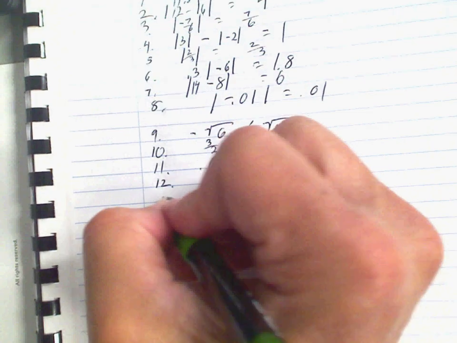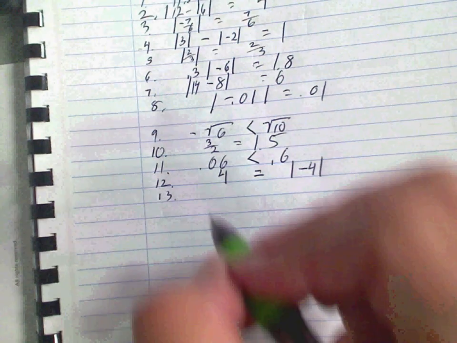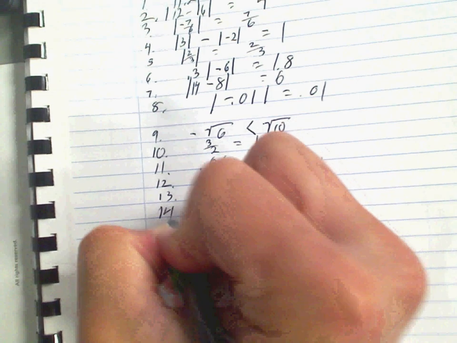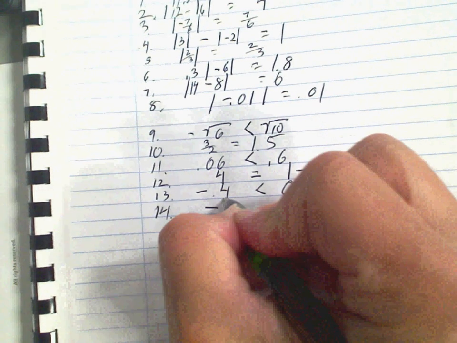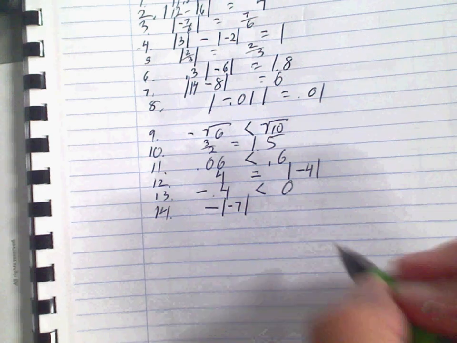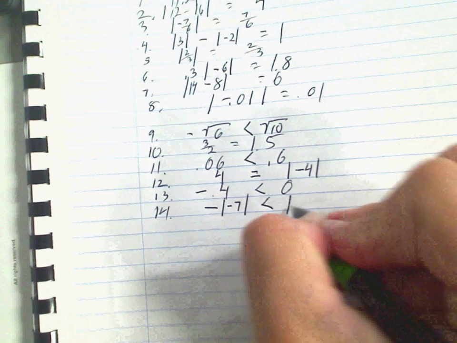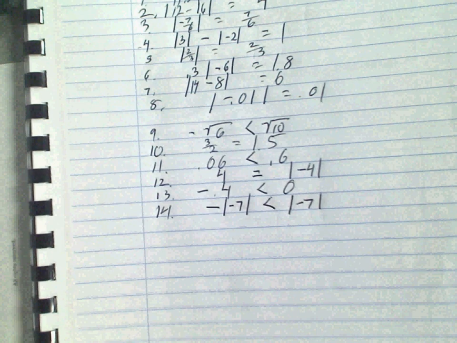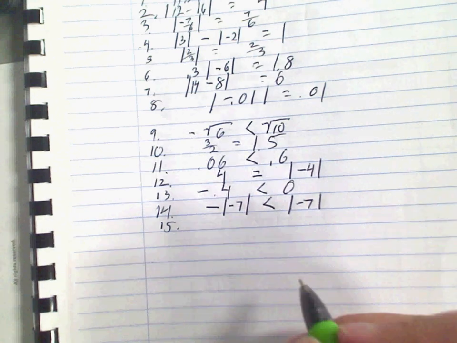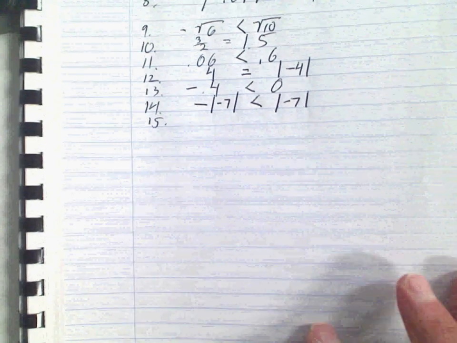We went all the way to 16. 13, negative 0.4 is less than 0. 14, negative absolute value of negative 7, which is just negative 7, would be less than the absolute value of negative 7. They try to trick you with all those negative signs. 15, can y'all see that okay? All right,